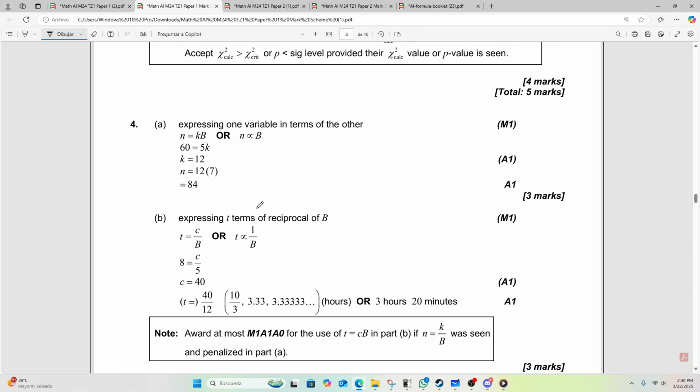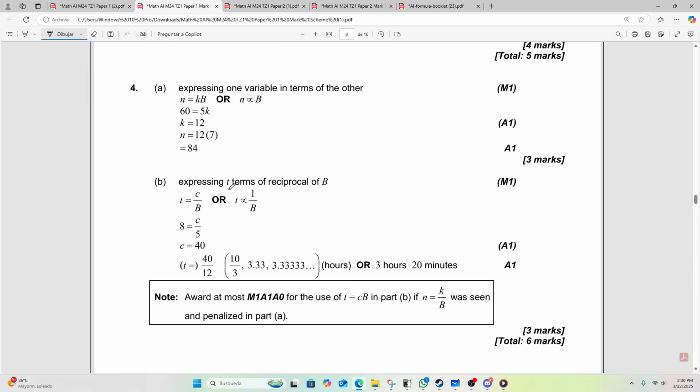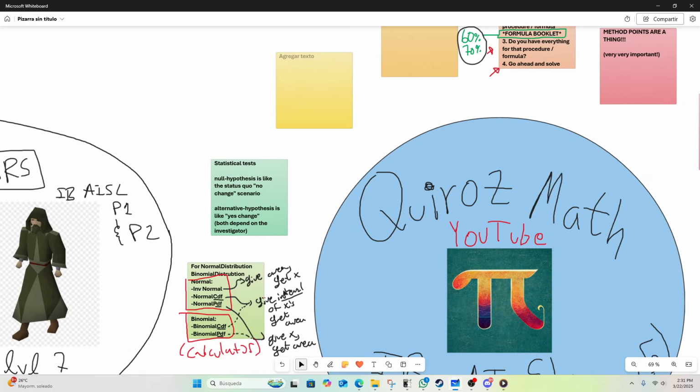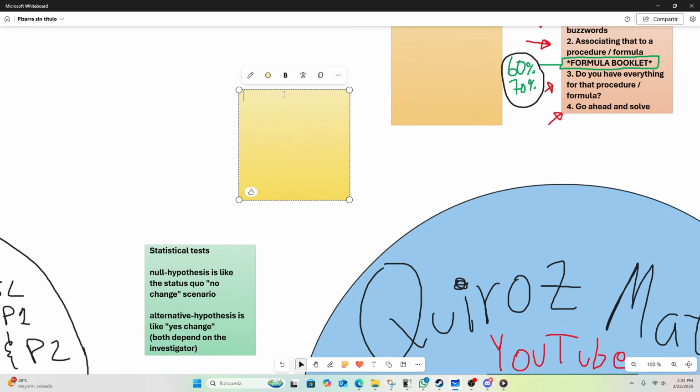If we look at the answer, clearly it's the word "inversely" that was for the reciprocal. See? So this is awfully specific. It's a tough one. That's also one of the tips I'd like to mention, and this is not only just for IB, it's for test taking in general. Focus your time on what will be most efficient.